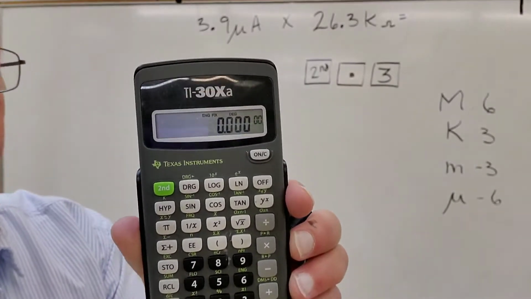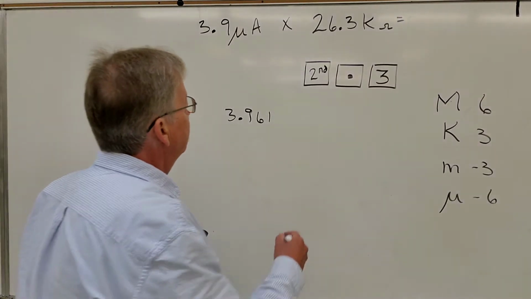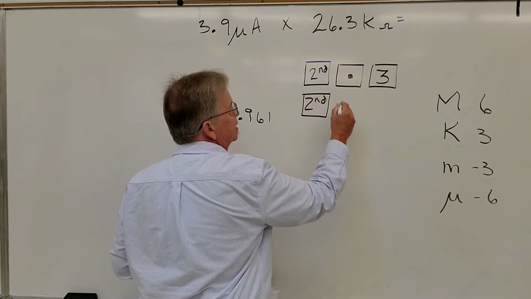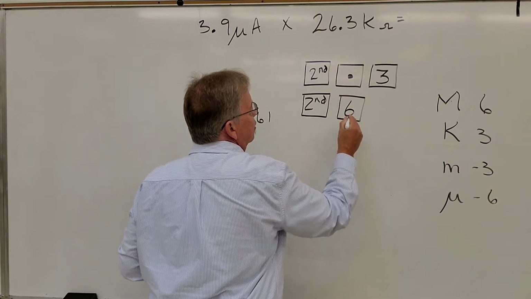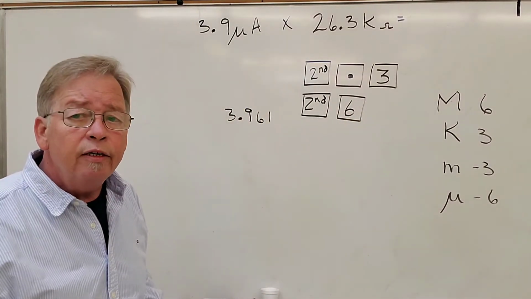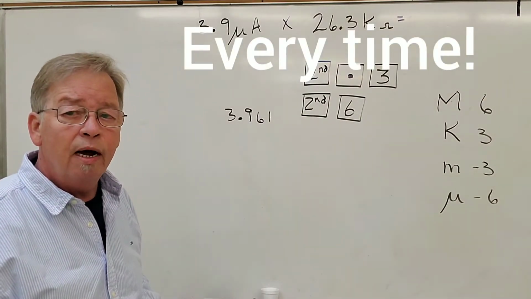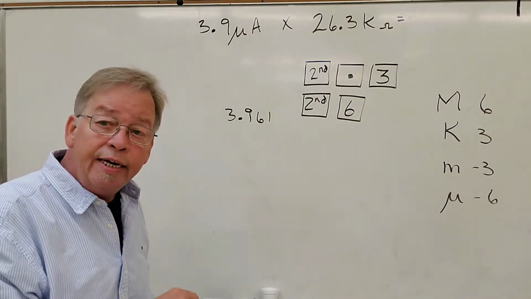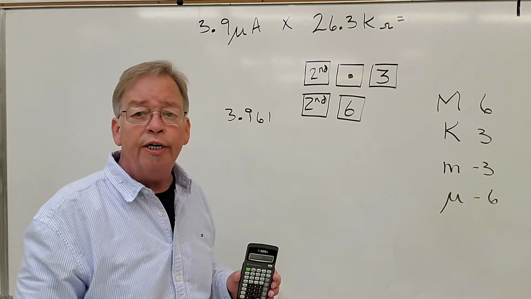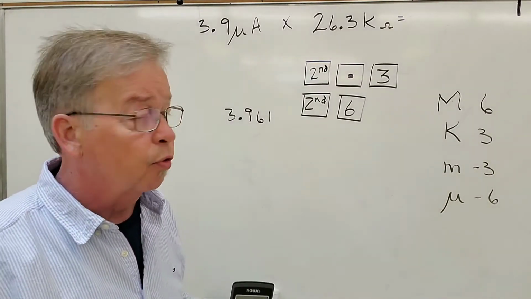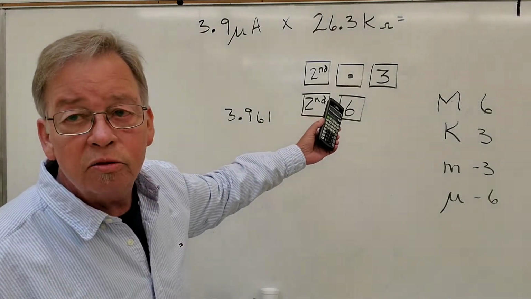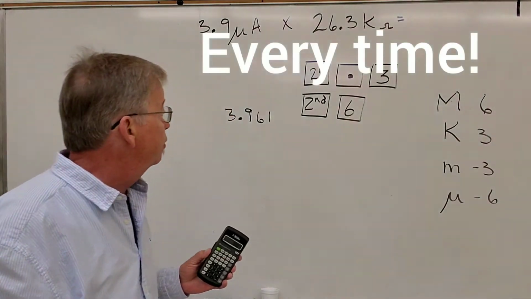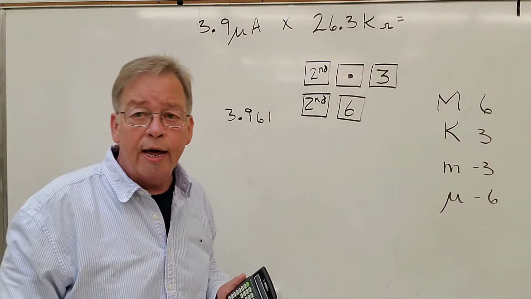All right. So to put it in the engineering mode, I hit the second key and simply the number 6 key. So this is what I need to do to my calculator every time I pull it out and start using it in this course. I need to have it round in 3 places, and I need it in the engineering mode. You need to put it in the engineering mode set to round 3 places, okay? So second decimal point 3, second 6. That gets it in the engineering mode. Now, this value, 3.9 micro, well,